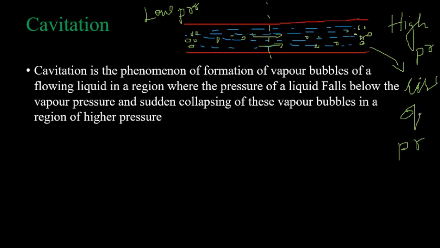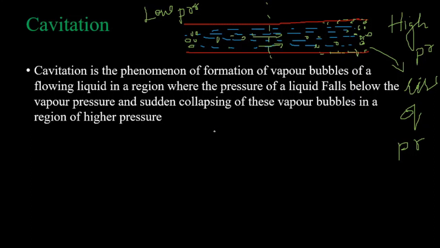So this rise of pressure in the high pressure zone causes heating action on the walls of this pipe, on the surface of the pipe. So thus, due to the heating action, cavities are formed. Okay, so these cavities are formed and it leads to cavitation. So thus the process name is cavitation.